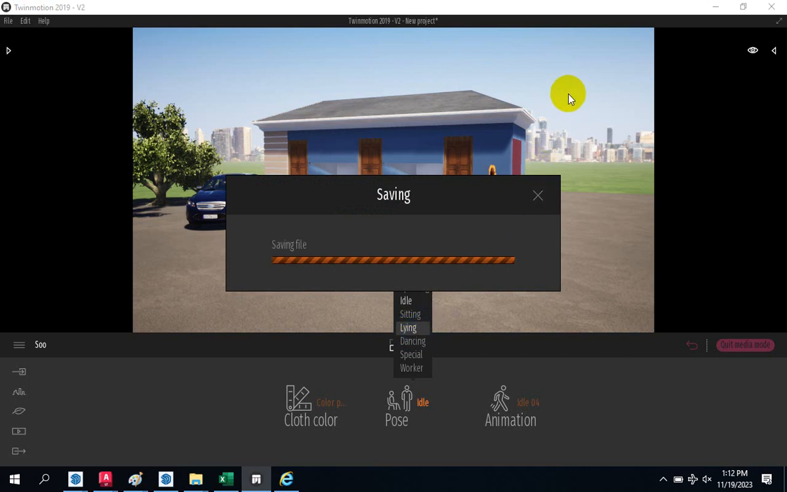You don't see any human figure in my model. Yeah. Because it's not realistic. And you cannot present him on